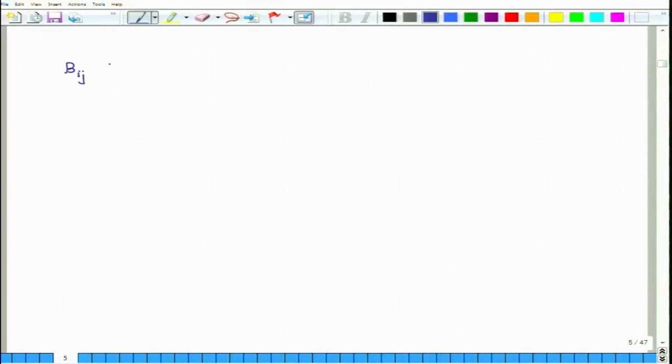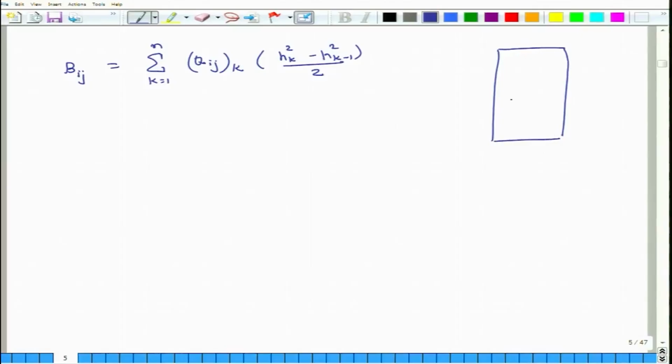So, Bij equals the sum of Qij for the kth layer times Hk square minus Hk minus 1 square by 2, with k equal to 1 to n, where n is the number of layers. Now, here we have to calculate the coordinates of each layer. So, there are 2 layers,